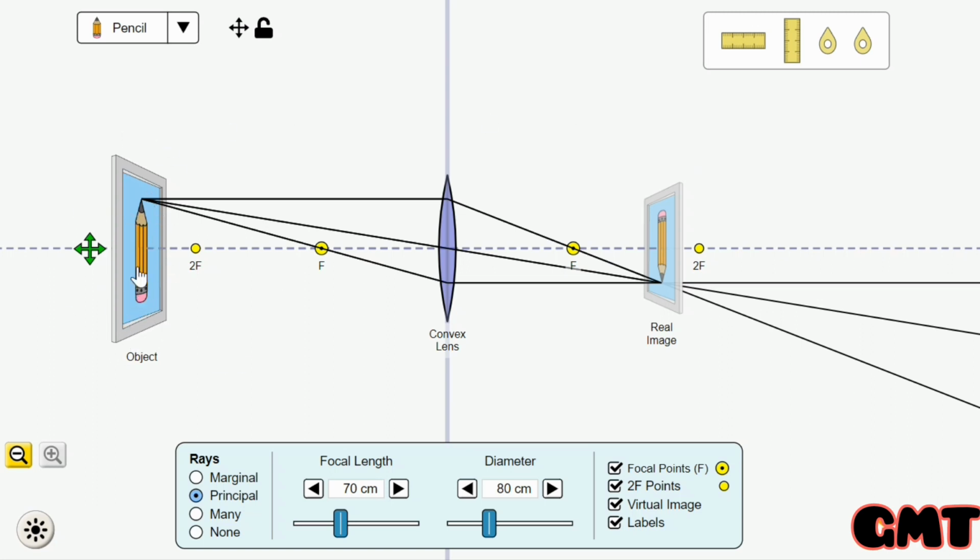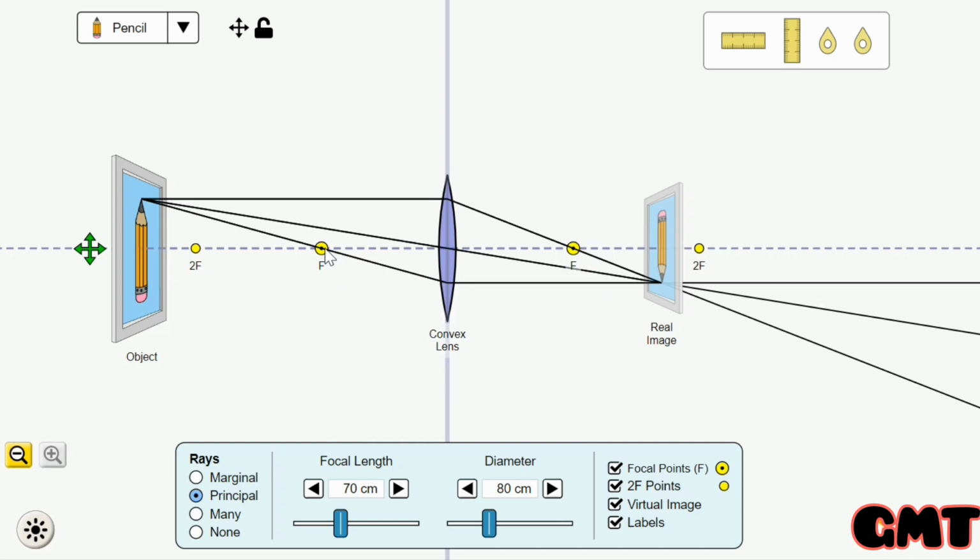Of course, this is the object position, and this is the focal point, whereas this is the convex lens. Also, we have the image, which is real. In this case, the image is between the focal length and 2f, whereas the object is positioned beyond 2f. So we are going to see different positions of the object and the image which can be formed by using